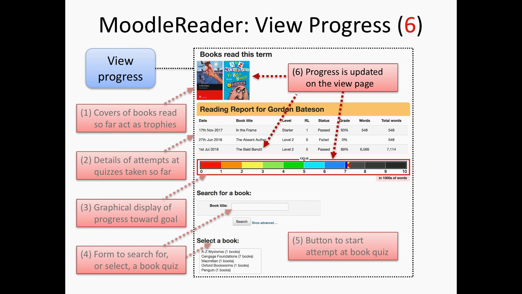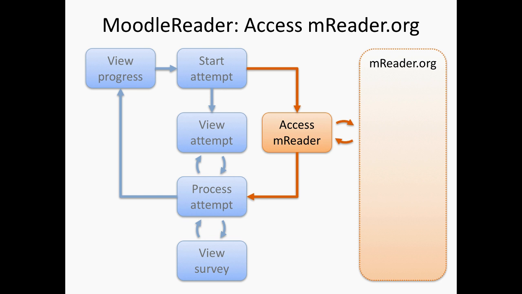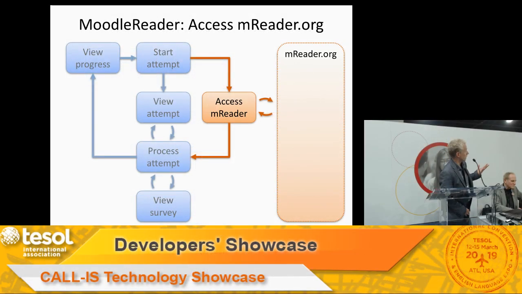The main advantage is the security of the quizzes, because if we allow people to download their own copy of the quizzes, there's a chance, which grows as time goes by, that these quizzes will get out. And once the quizzes are out in the open and everyone can find out what the answers are, then the validity of the whole system collapses. So we wanted to force the Moodle readers to switch across, as indicated in this diagram.